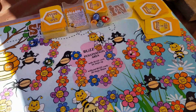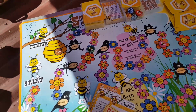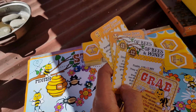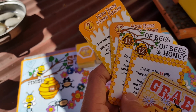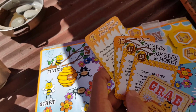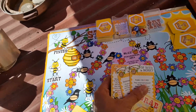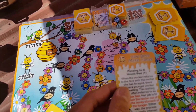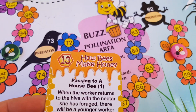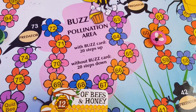So it's now the turn of player pink, and player pink has this set of cards. He's at number 60, so if he plays number 2, he's going to land on the predator and has no sting card, so he'll die. So I won't play number 2. If I play number 13, 60 plus 13 is also the predator and I don't have a sting card, so I die, eliminated from the game, so I won't play that card. Now I'm left with 3 cards,